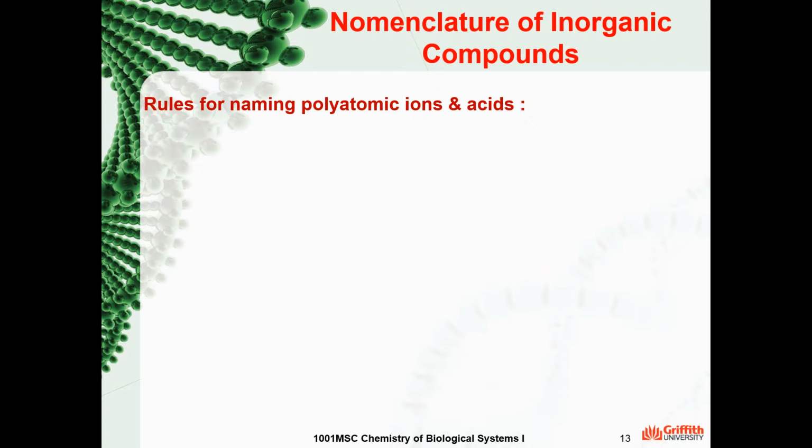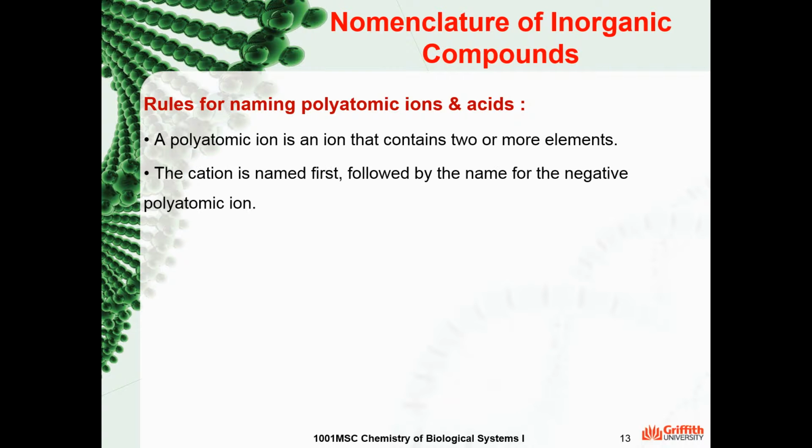Some compounds consist of 2 parts, with one part coming from a polyatomic ion. The term polyatomic ion refers to an ion that contains more than one element. To name these compounds, we follow the same rules as naming ionic compounds. We name the cation first, then we name the polyatomic ion. Therefore, you need to learn the name of those polyatomic ions. You are only required to learn 6 for the purpose of this course, and they are